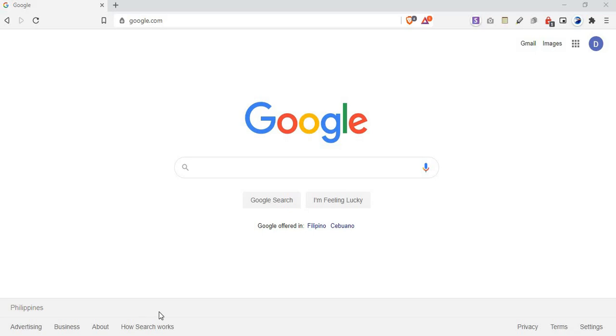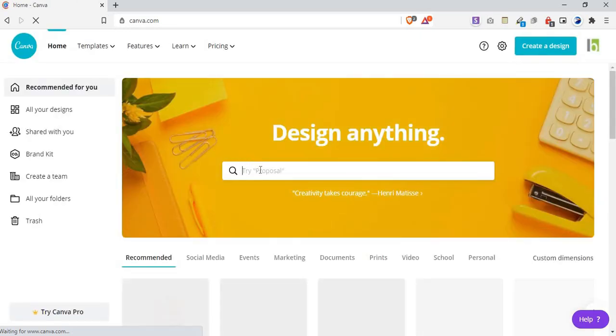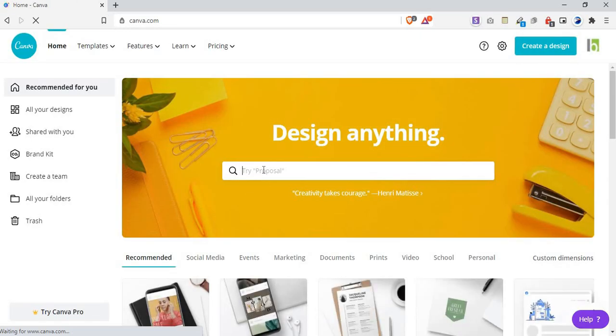Hi, so today we're going to learn about the easy to use graphic design tool, which is Canva, just the basics. And to start, let's just go to your browser and then type in canva.com. They also have an app for free that you could use,